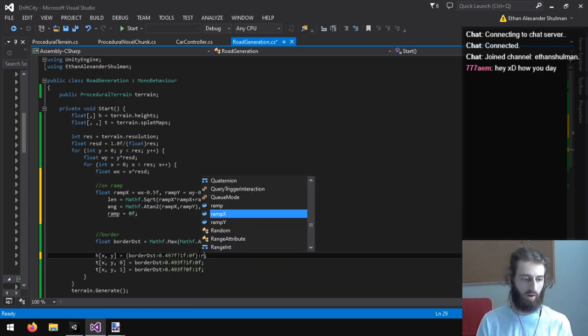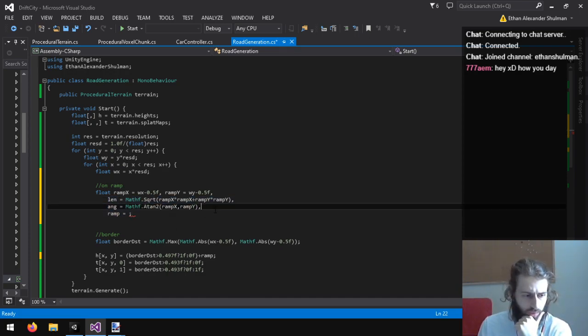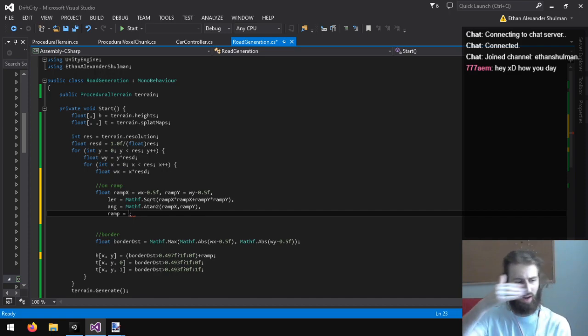I'll add a ramp. I think I'm gonna treat length and angle as polar coordinates. And then the ramp will be a line in polar coordinates, which will end up being an arc in real coordinates.